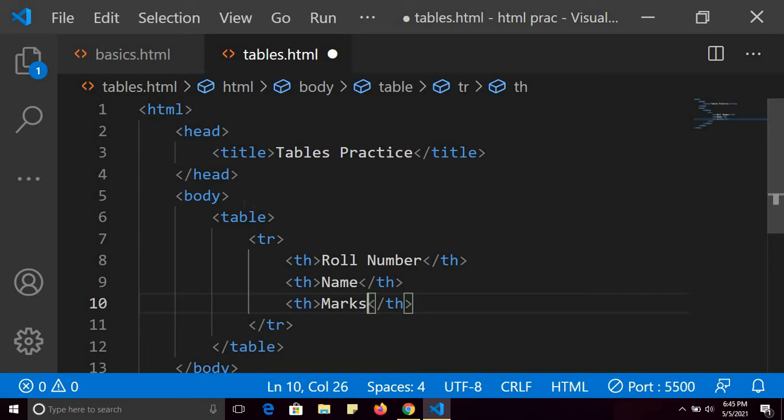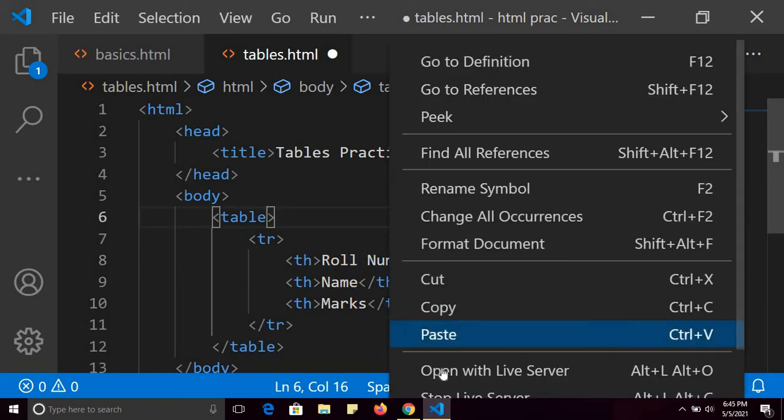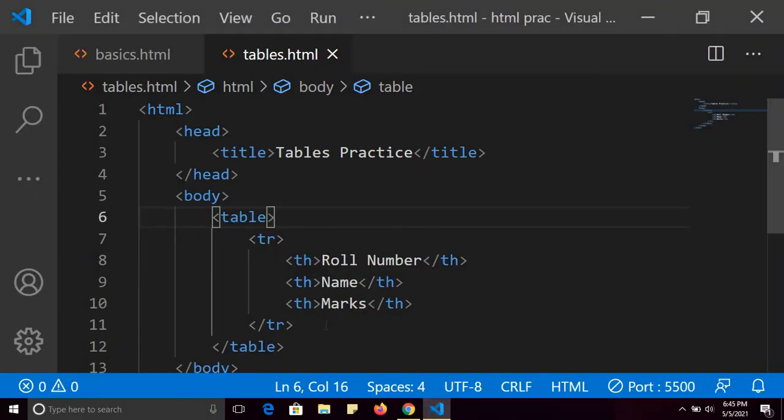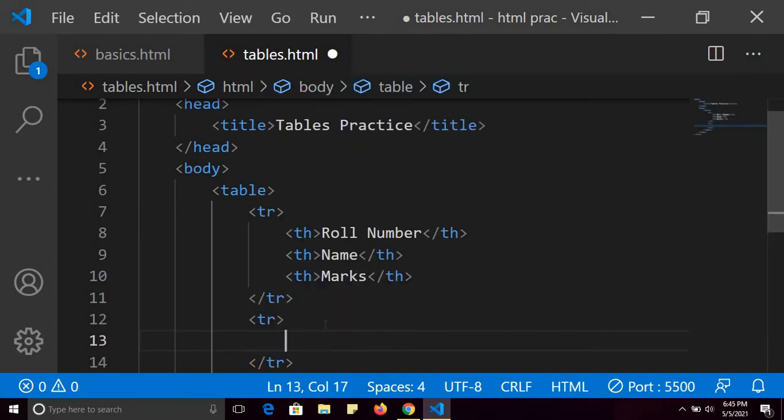So in the table tag there is one table row, and in the table row there are three columns: roll number, name, and marks. So let me open with live server. So see, three columns have been created: roll number, name, and marks. Fine. So similarly you can create another row and this row I will use to store the data.